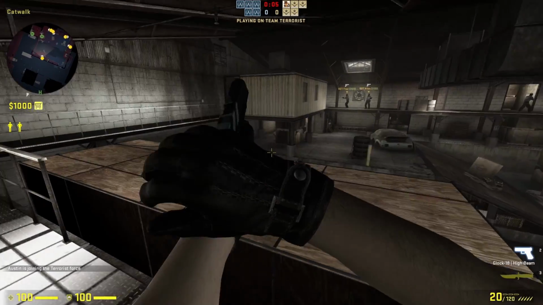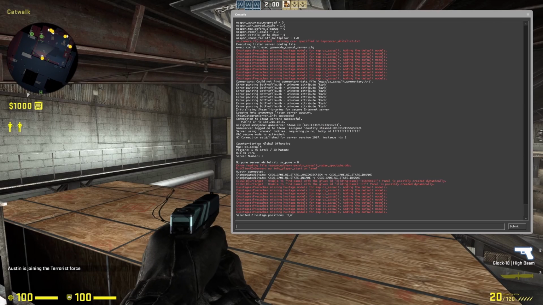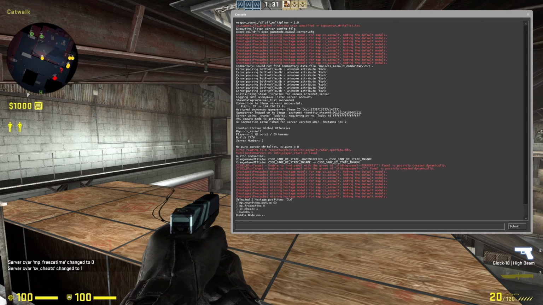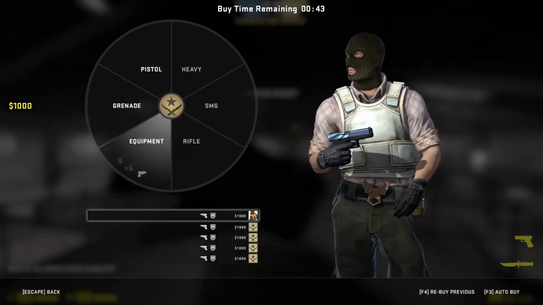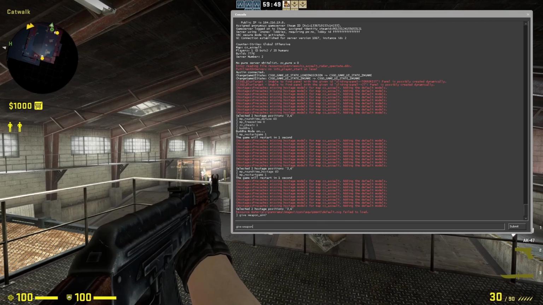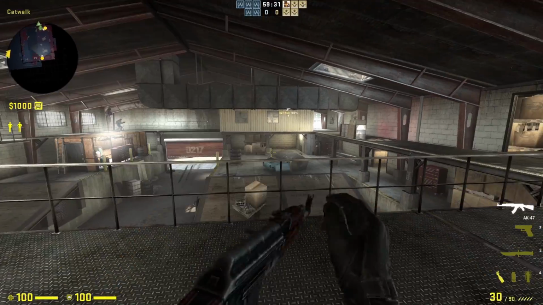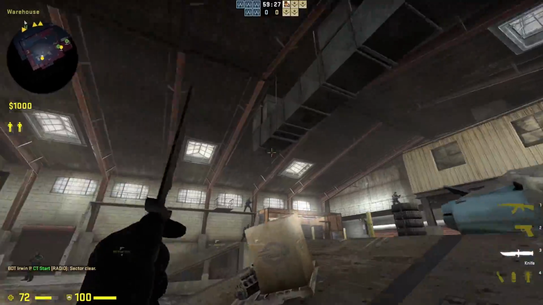Alright, so once you get in here, you're going to select a team of your choice, and then you're going to type in some binds real quick. Alright, once you've typed in all your epic gamer binds and loaded into the match and you're over here,